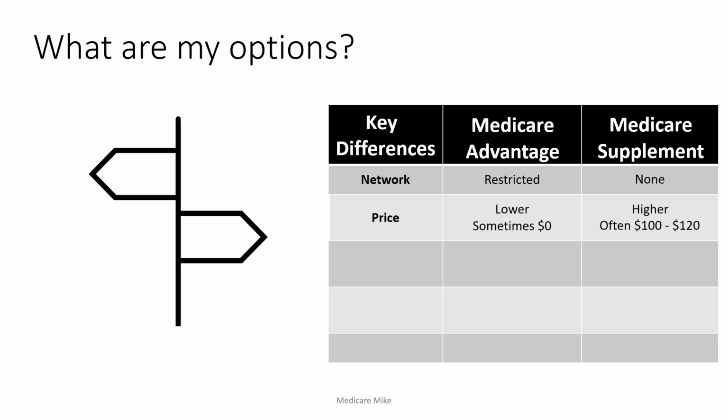Premium. So, monthly premium: Medicare Advantage plans are already getting paid by Medicare to provide you your Medicare benefits, so they charge you a whole lot less, a lot of times zero, usually less than $30 per month. Medicare supplements are going to be higher, usually between $100 to $120 per month. But that's the premium. When you actually go to use it, it's going to work a whole lot different